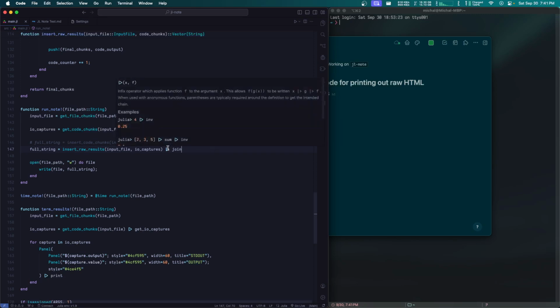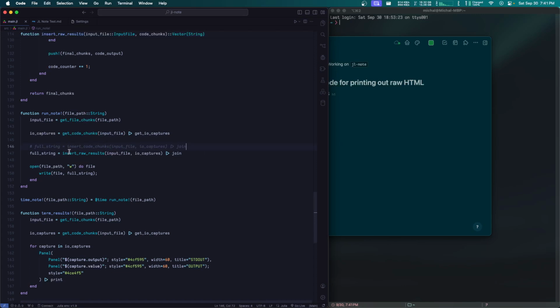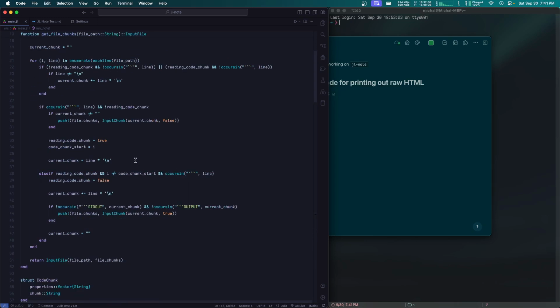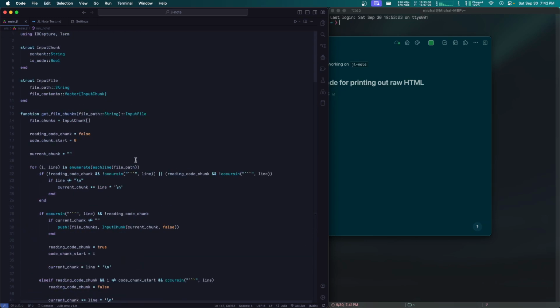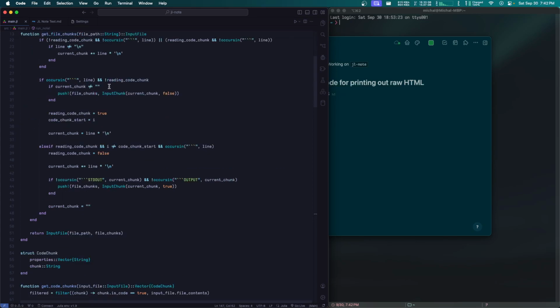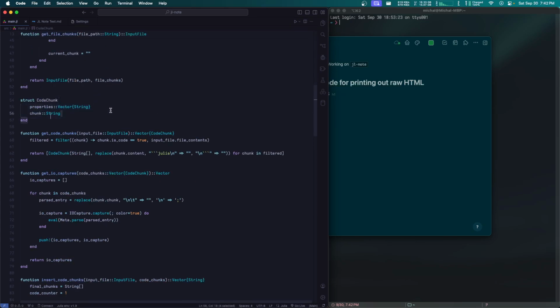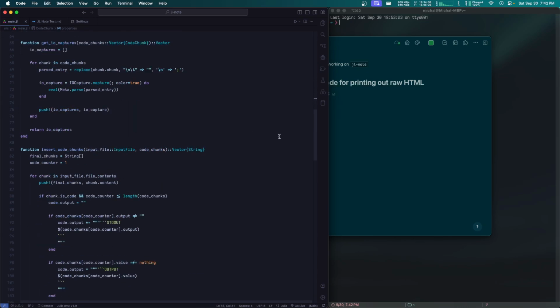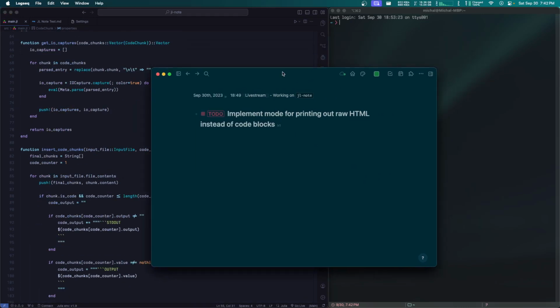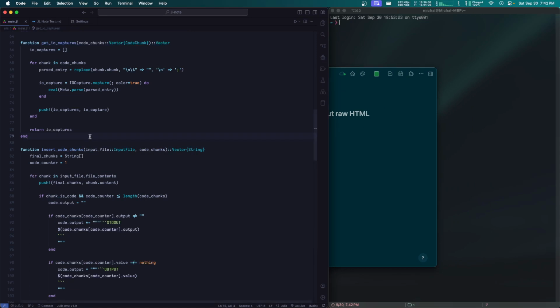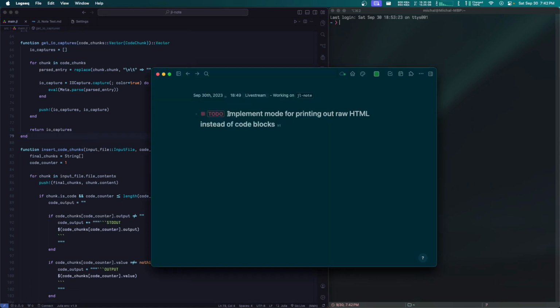So instead, I want to just create, I mean, think about how I'd like to do this, because it actually won't be as trivial as I thought it would be. Okay, so essentially, I'm going to change this to